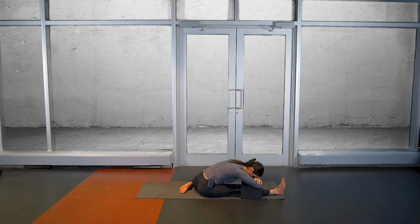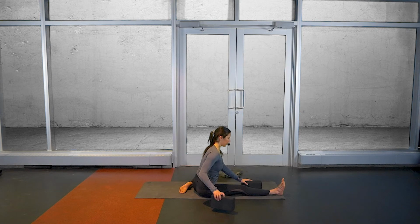Smooth out your breath. You're almost there. Last 5 breaths. Slowly rise. And then this time I want you to lean as far over to your right hip so you